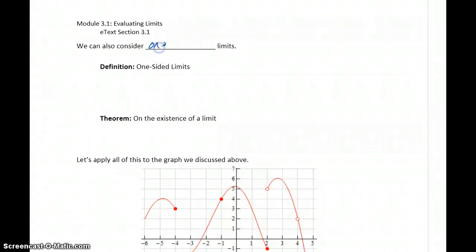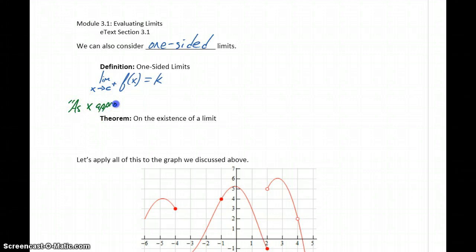We can also consider what are called one-sided limits. One-sided limits also relate back to what I was talking about before. A one-sided limit is where we're approaching some value for x from just the right-hand side or from the left-hand side. We can look at the limit as x approaches c from the right-hand side. To indicate that, we put a little plus sign, almost like an exponent on the c. If we see the limit as x approaches c to the plus, we mean we're approaching that value of c from the right-hand side. So the limit as x approaches c from the right-hand side of f of x equals some value k. Let's write this in: as x approaches c from the right,